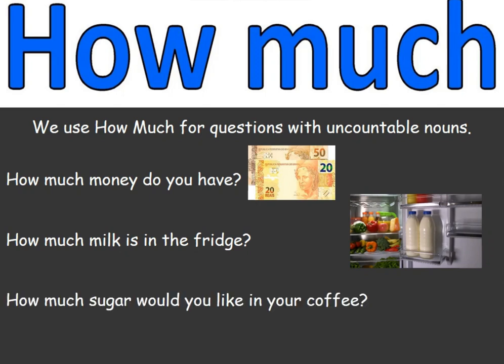Good. So now, how much sugar would you like in your coffee? Can I say, for example, 100 sugars? Of course not. What can I say? I can say I'd like 2 spoons of sugar. I can say 2 spoons of sugar, but I can't say I'd like 100 sugar, for example. It's uncountable nouns, and of course no one can count this.